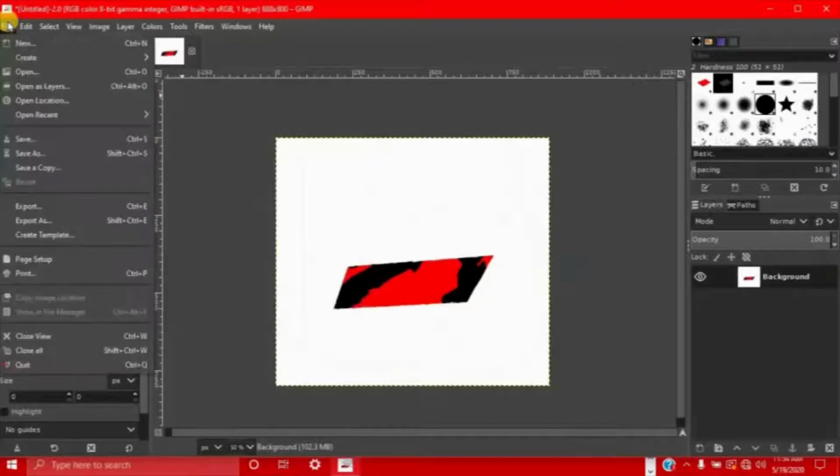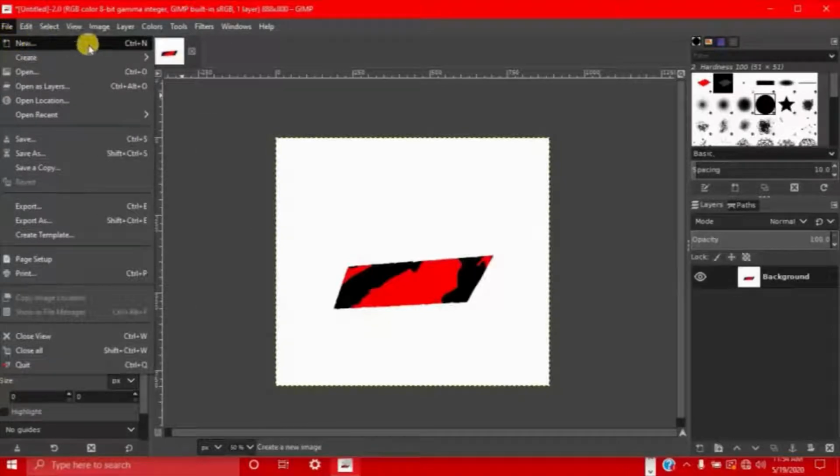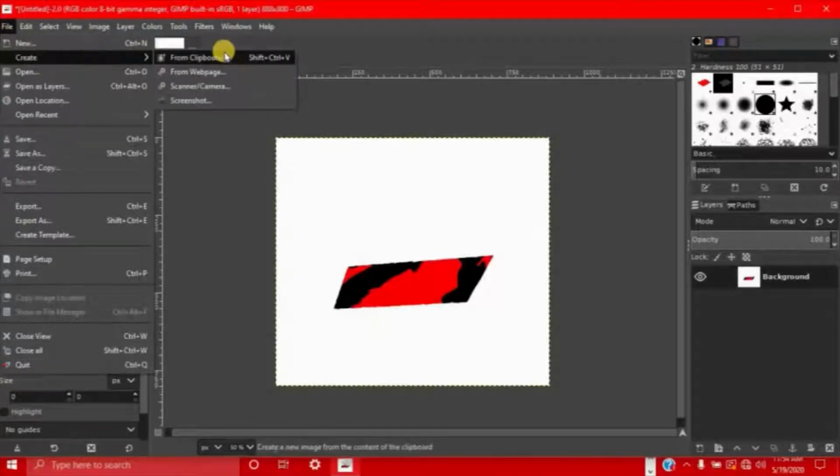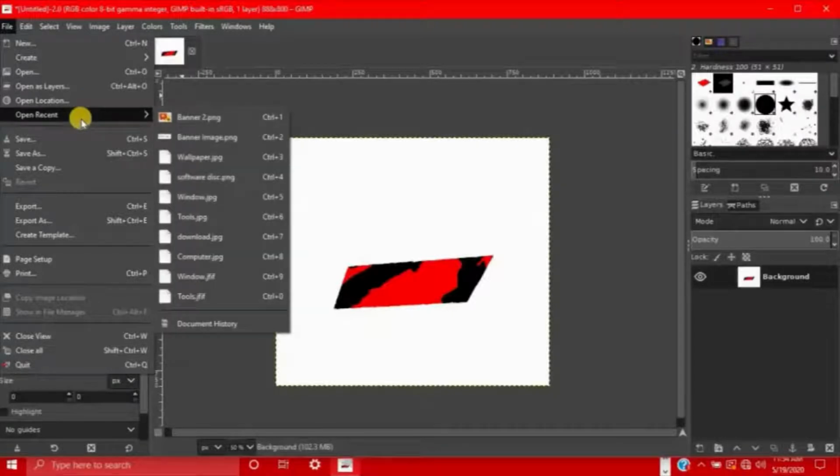So File, just like in any program, has shortcuts for tools such as creating a new project, from clipboard, web page, scanner, camera, screenshot, or opening a picture. You would click this and then you can select a picture from the files on your computer or from an external hard drive, flash drive, and then you can edit that in here. You can open images as layers. You can open recent images,